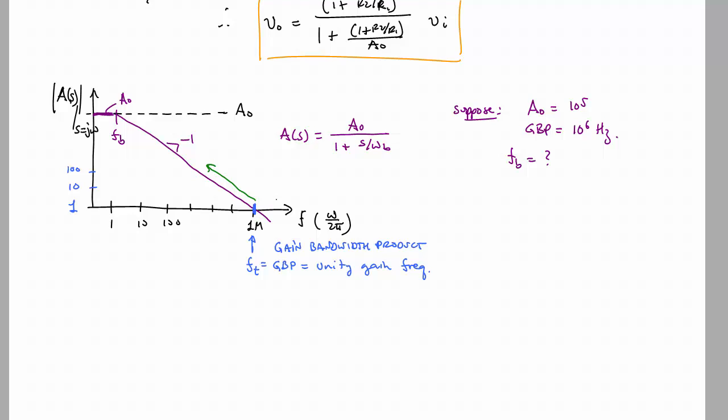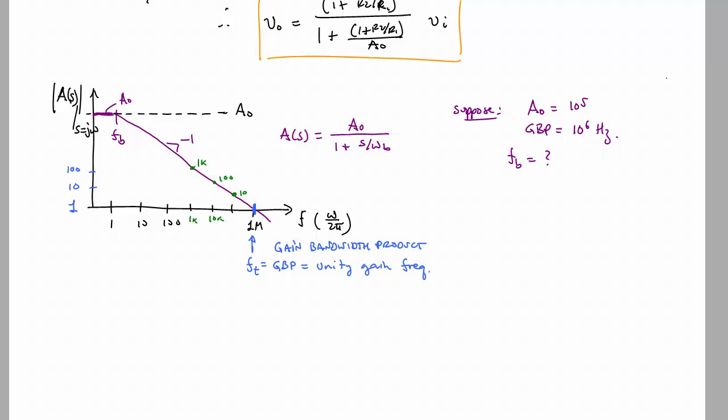So at 100 kilohertz, the gain would be 10, and at 10 kilohertz, the gain would be 100, and at 1 kilohertz, the gain would be 1,000, and so forth. And once we go all the way back to when the gain reaches A0,